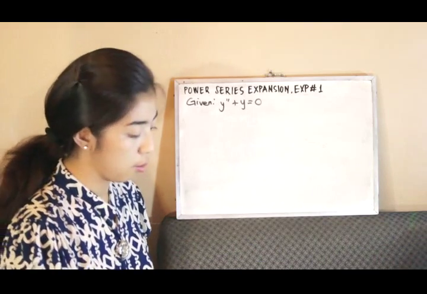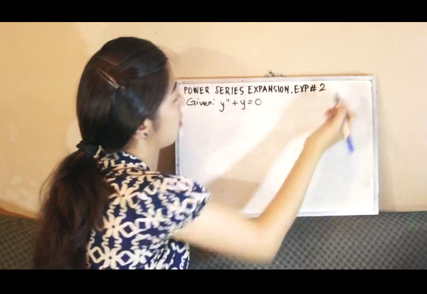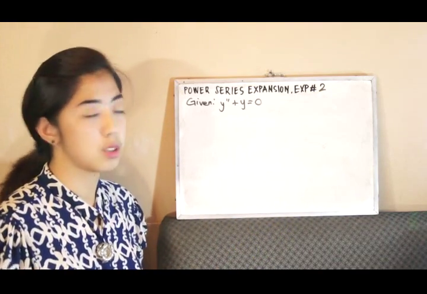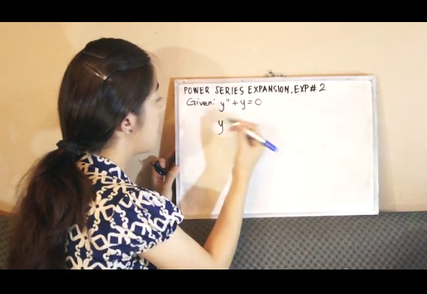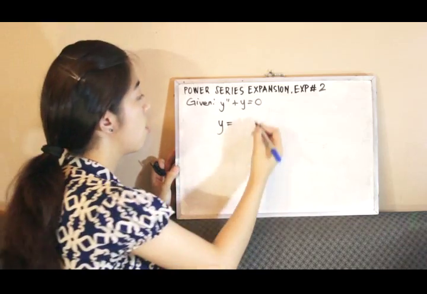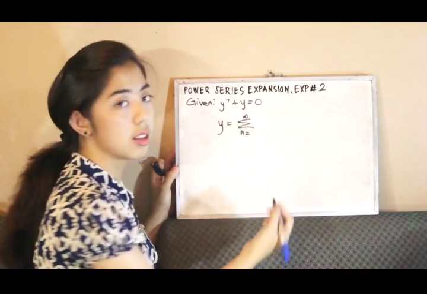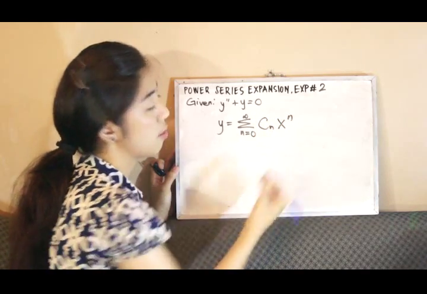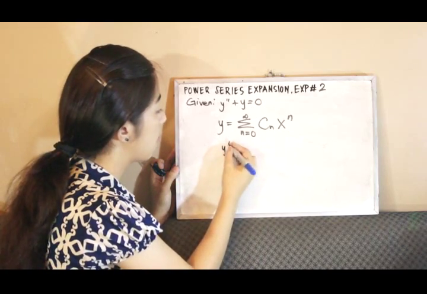Expansion. Now we have example number 2. We have here y double prime plus y is equal to 0. So we have the generic form of the power series, y equals the summation where n is equal to 0 of c sub n x raised to n. Deriving that, we will have the y prime